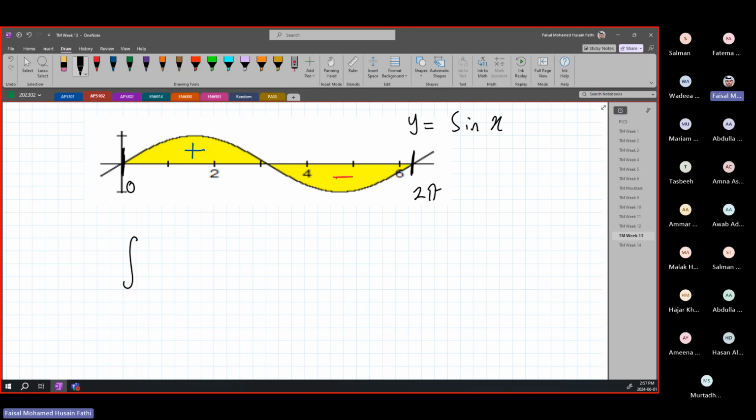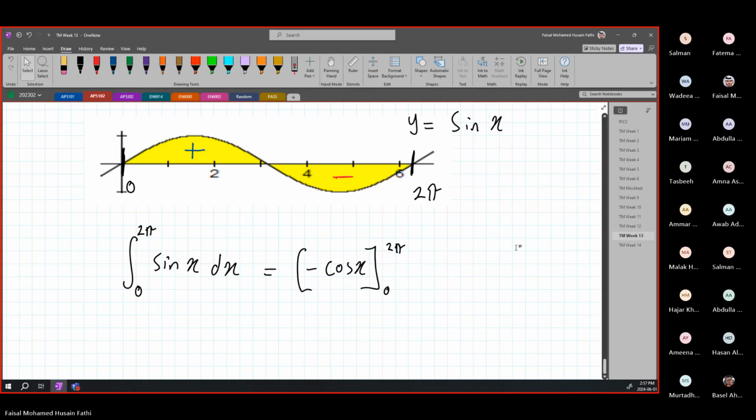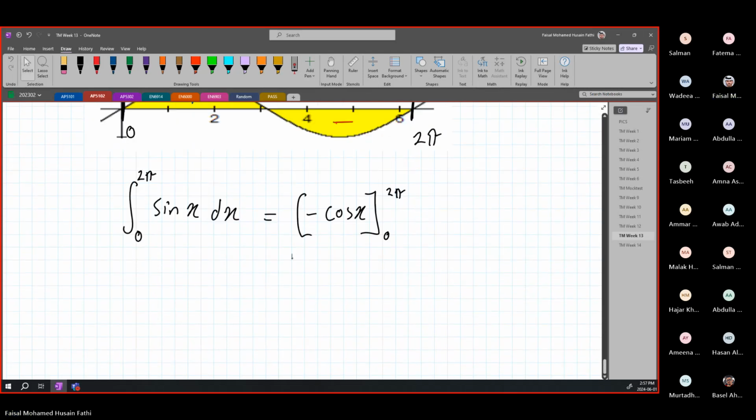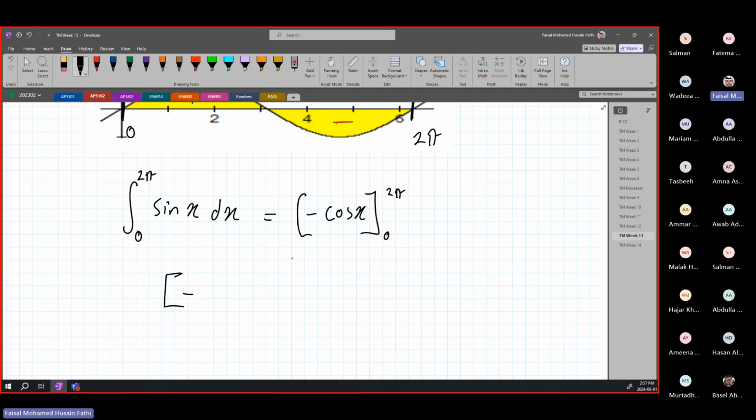So we're going to do the integration of sine of x. What is the limit from 0 all the way to 2 pi? Remember, calculator in radians. Integration of sine x is negative cosine x from 0 to 2 pi. If we simplify this, we're going to have our 2 boxes minus 2 boxes from 0 to 2 pi. So it's going to be minus cosine of 2 pi, first upper value, minus cosine of 0.